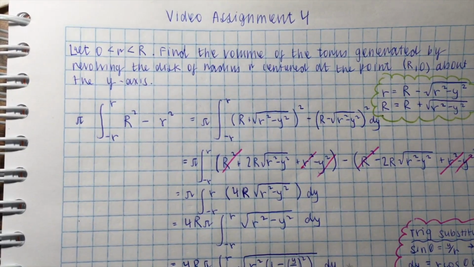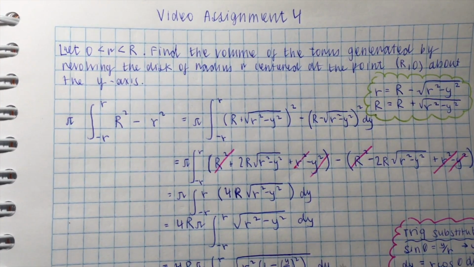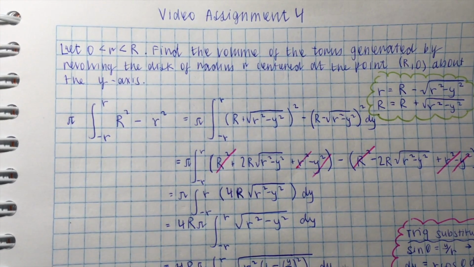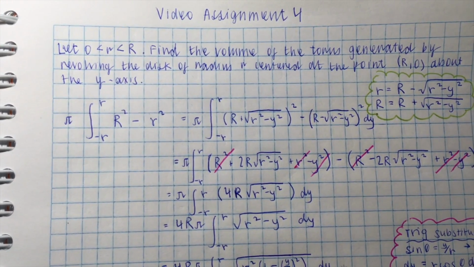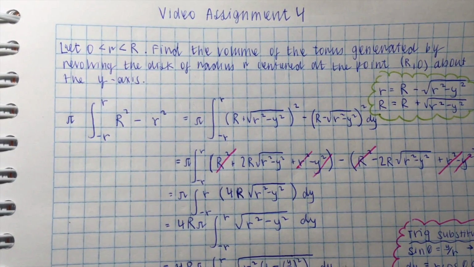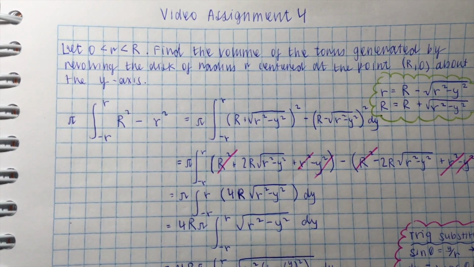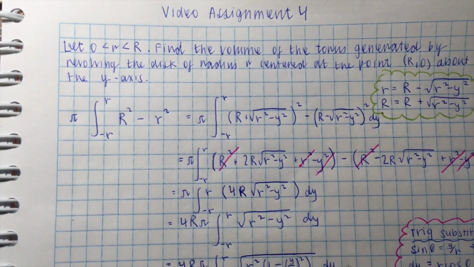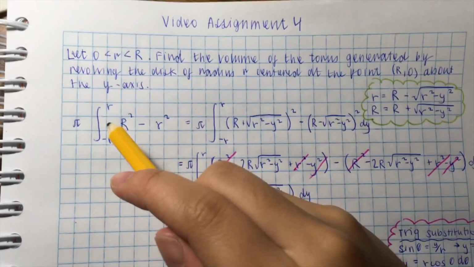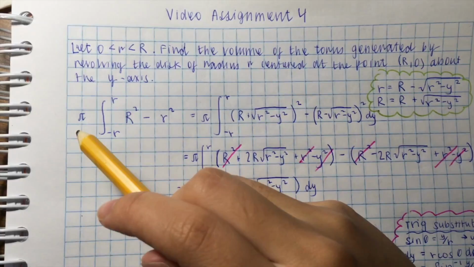So the problem is, let r be larger than 0 and smaller than big R. Find the volume of the torus generated by revolving the disk of radius r, centered at the point (R, 0), about the y-axis. In order to find the volume, we need to take the integral from negative r to r of the function, and in this case it would be big R squared minus little r squared. Usually the pi would be inside, but as it is a constant value, I have put it outside the integral to